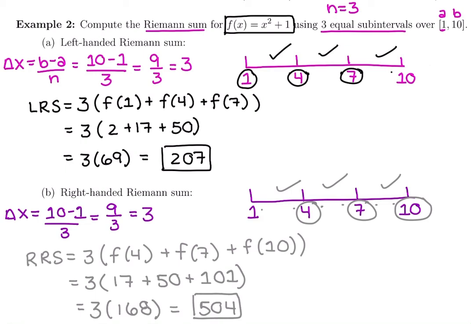So which one is better between that left and right Riemann sum? I would say the left is probably underestimating and the right is probably overestimating just based on how the answers look, but neither one is better than the other because to be a better answer, you would have to have more subintervals, and they both only have 3, so they're probably not very close. And in the next section, we're going to actually see what the actual area under the curve of x squared plus 1 on the interval from 1 to 10 is. So we'll be able to see what the actual answer is, but the Riemann sum is just estimating it using some